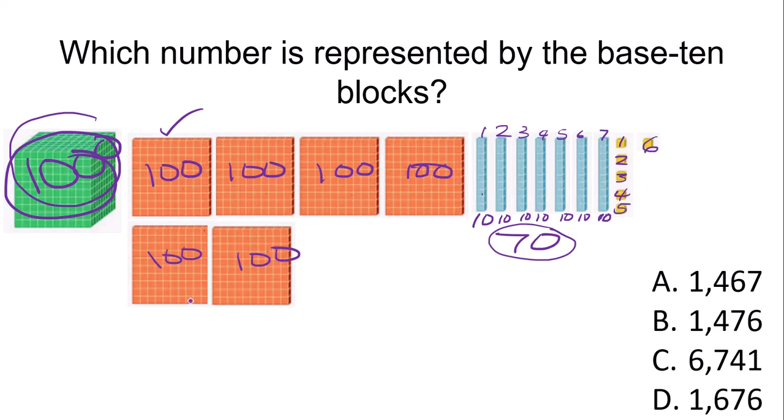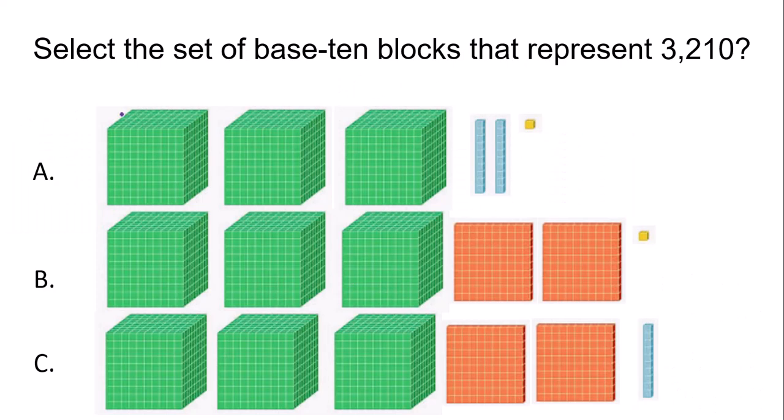Let's put that number together now. That's 1,000, 6 hundreds, 600, 7 tens, and 6 ones. Do you see that number anywhere over here? Where is it? Oh, there it is. It's D, 1,676. Excellent job. Let's keep going. Select the set of base 10 blocks that represent